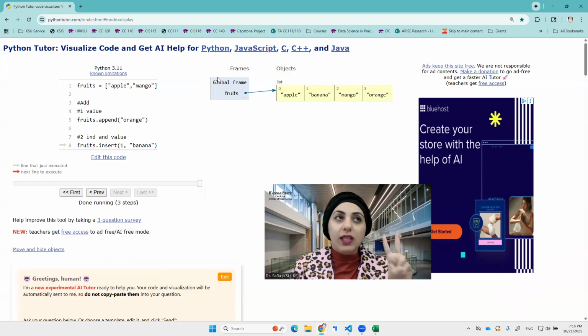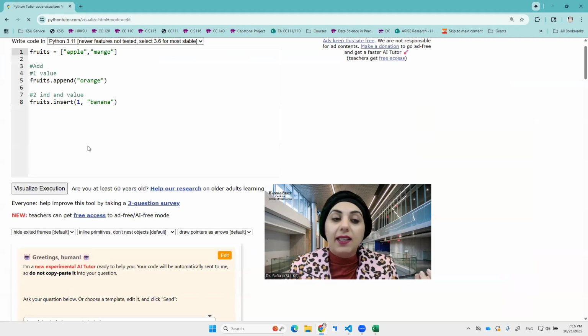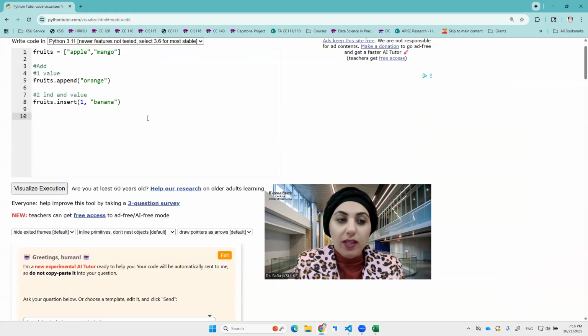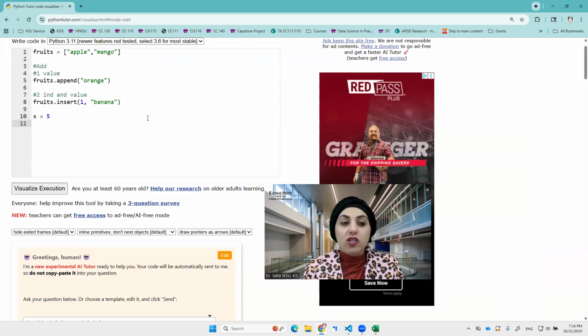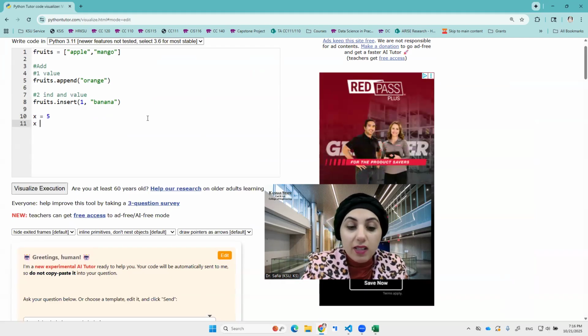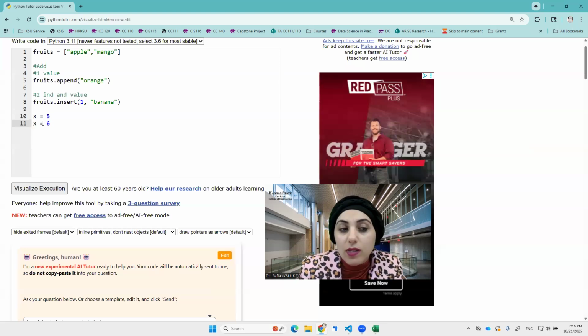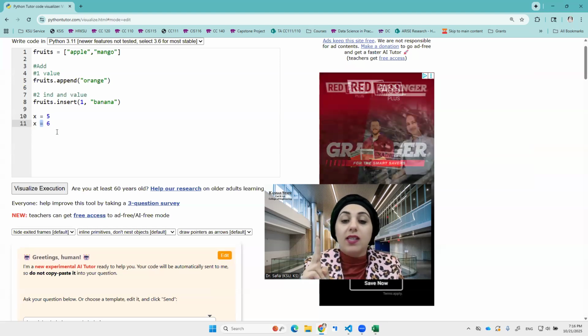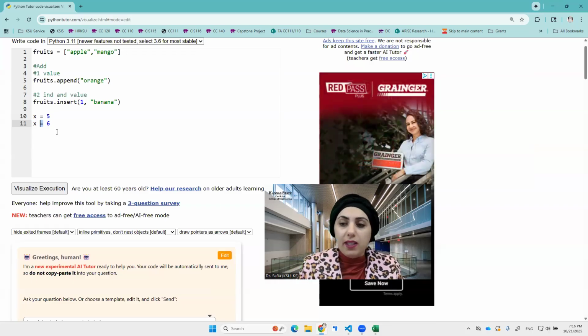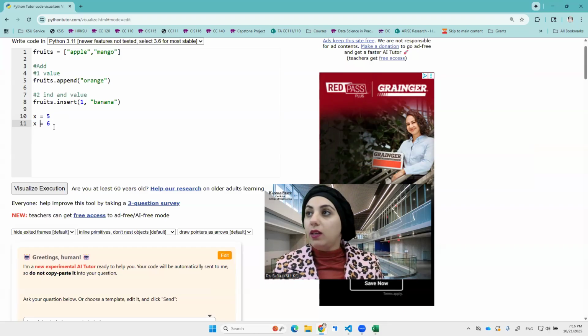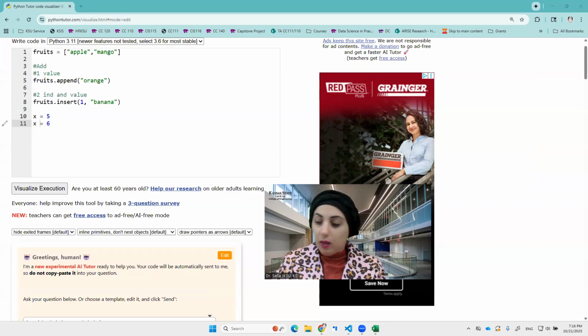Okay, so now you learned two techniques: how to insert a value. How about updating the value? So if we have a normal variable, let's say I have x equal 5, and I want to change the value of x, I'm just going to say x equals 6, which is using the concept of assigning. One equal is assigning. The same logic is applied here, where I am also going to use the assign, but it's going to be a little bit different because going into